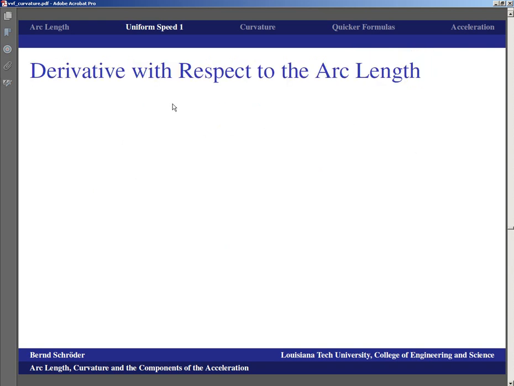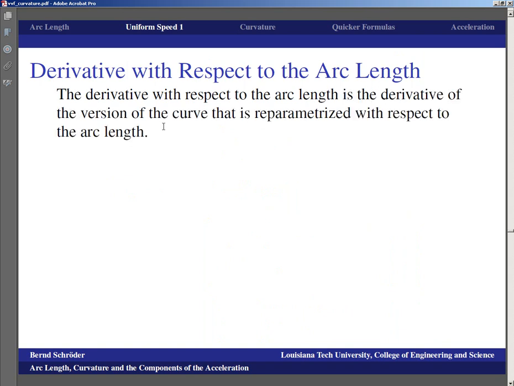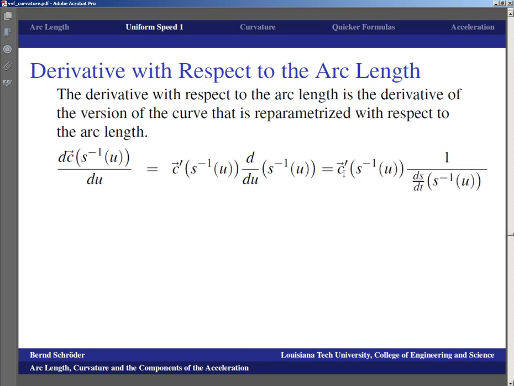On the other hand, we can now also define the derivative with respect to the arc length, and the derivative with respect to the arc length is the derivative of the version of the curve that is reparametrized with respect to the arc length. So that means it's the derivative of what you would get when the particle is moving at unit speed. So it's the derivative of c of s inverse of u, du, which is, by chain rule, c prime of s inverse of u times d du of s inverse of u,